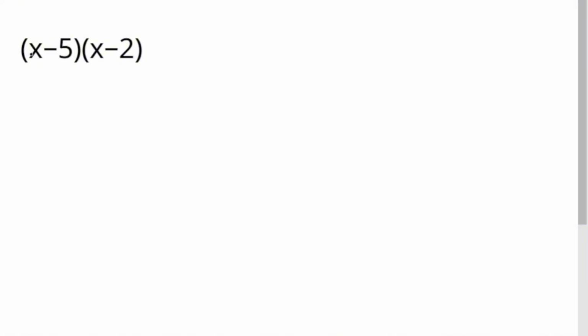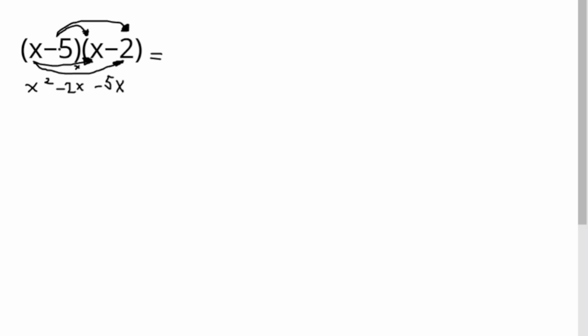We have two minuses in the bracket, so we will still do it like this. We times the first number in the first bracket by the first number in the second bracket, and we do the same with the second one. So we write it like this: x times x, x squared, and then x times minus 2, it's minus 2x. Then we do it with the second number in the first bracket, we multiply it by the two numbers in the second bracket. So minus 5 times x will give us minus 5x,